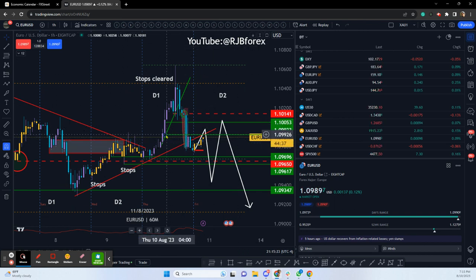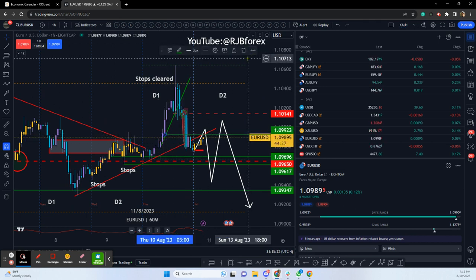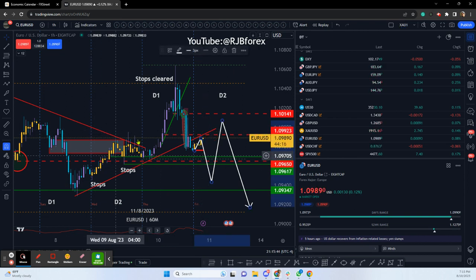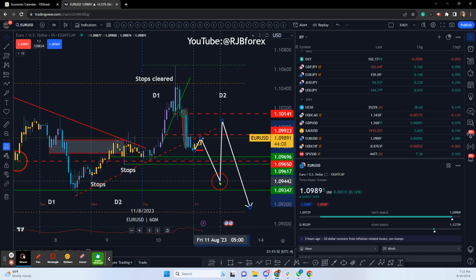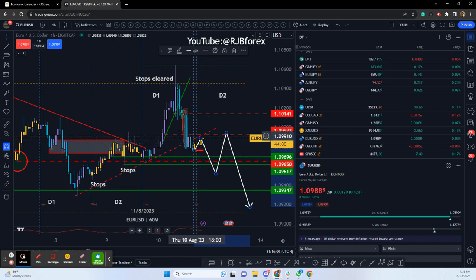Potential resistance on a lower time frame is important structure. In any case, it's broken on the way down. That's support. It might act as resistance on the way up. But we've got this counter trend line that is also broken. So we're in a broken down market. Bias is to the downside. Don't know how this is obviously going to play out in terms of price action, but it just gives us